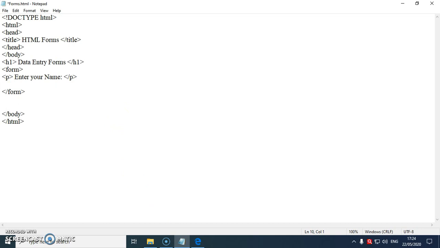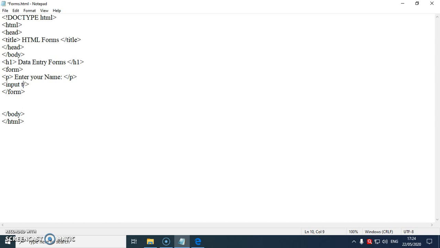Okay. So what I will do is, where will the user enter the name? So to accept a text from the user, I need to create a text control or an input text box. And to create an input text box, I need to use a singular tag called input. Input tag is a singular tag. So all the singular tags should be closed in this manner. Okay, I hope you are understanding, but here I have to mention which type of input control. So where will the user enter his or her name? In a text box. So which type of input control I have to create? I have to create a text box.